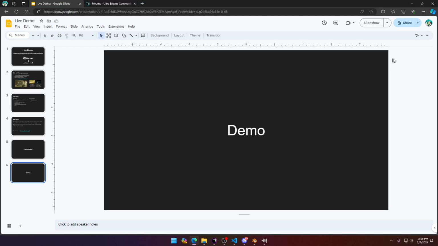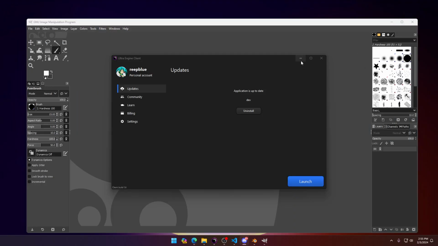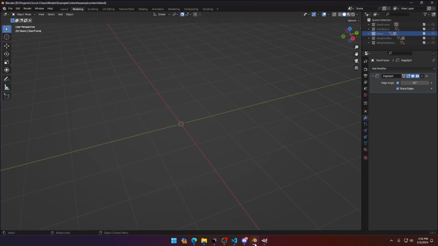Okay, so now we're going to start the demo. I've got my Gimp, I've got my Blender. This is an existing Blender file. I chose this file because I have everything set up. By default, when you open Blender, you're going to have a cube that everyone loves to just delete. I have a template set up where the cube's already deleted, the camera's already deleted, and I'm set up to bake an AO map,